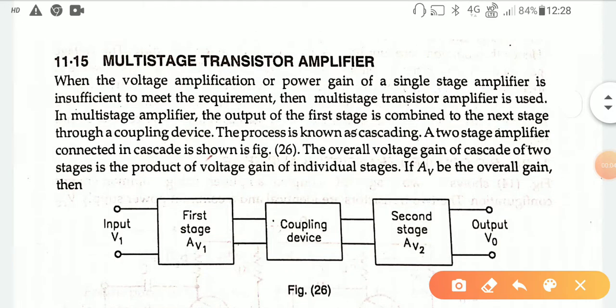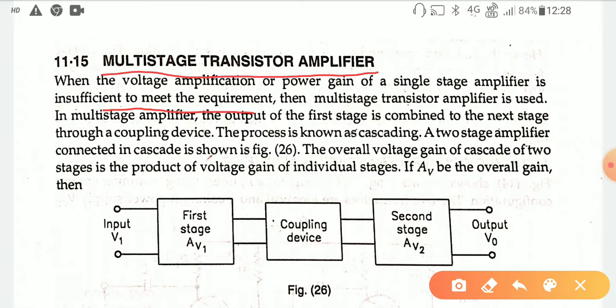Today we discuss the multi-stage transistor amplifier. When the voltage amplification or power gain of a single stage amplifier is insufficient to meet the requirement, then a multi-stage transistor amplifier is used. That means if a minimum of two stages is present, this kind of amplifier will be defined